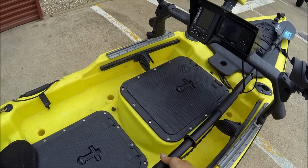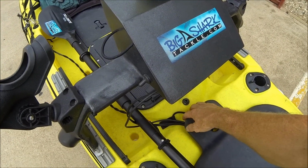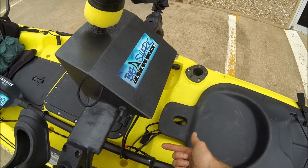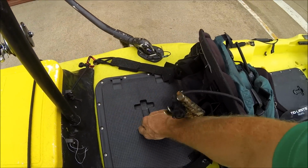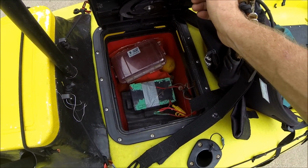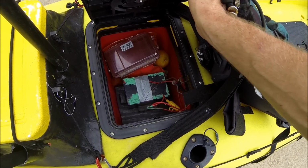Got a leash from a paddle. I did run an electrical on this. I was going to put a hole through the hull, but I said, no, I don't want to do that. So I just ran it underneath the hatch, in underneath like that. And then I've got the battery all the way back here in this compartment, and I've probably got overkill on the battery. It's pretty heavy, but it'll run my sonar and the live well. And I haven't had a problem with it running out of